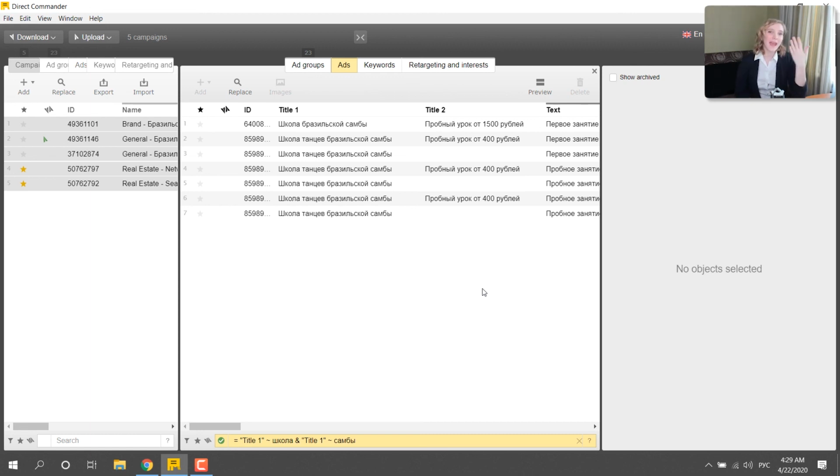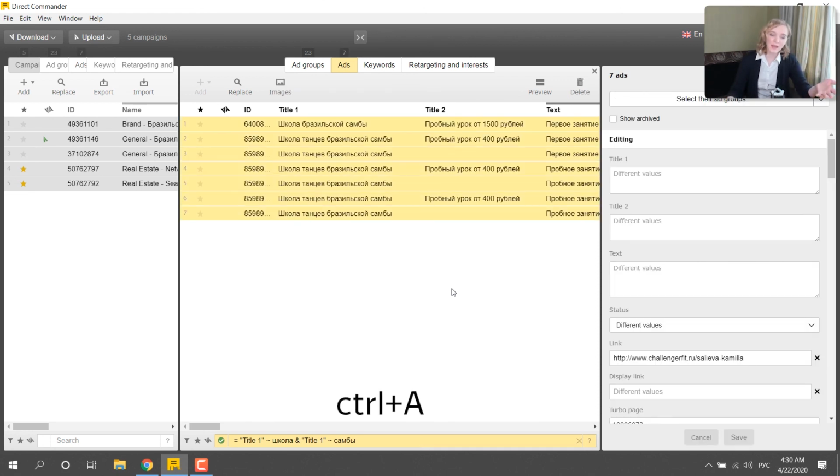Direct Commander. But actually with Direct Commander, we can go in another direction, from the child object to the parents. For example, as we did, we can filter some information and find across the whole account which ads contain special parameters, like I did. And after that, I can select all those ads by clicking Ctrl+A. And I can go to the Inspector tab, and here we can press that button to go to ad